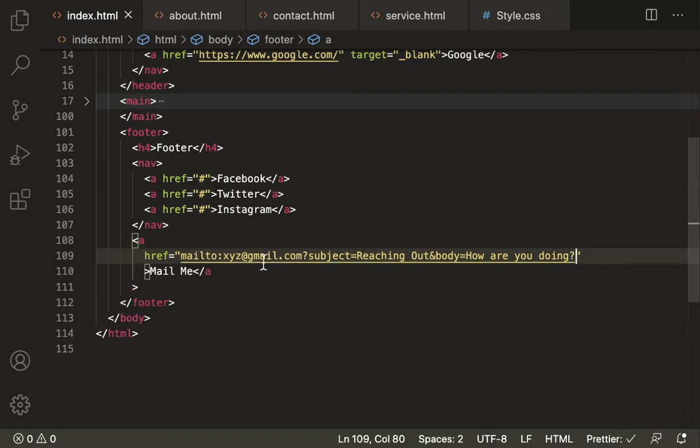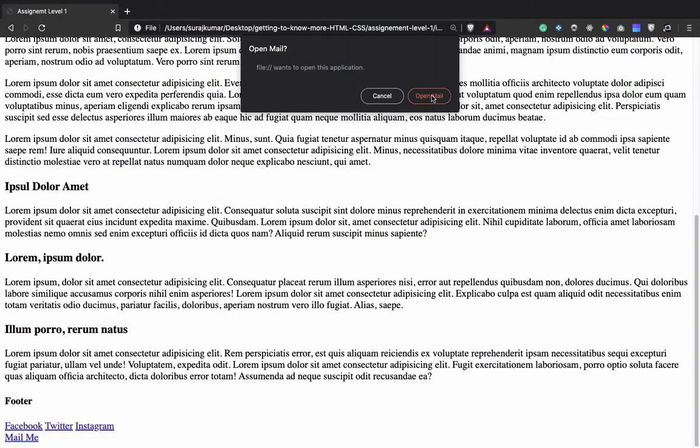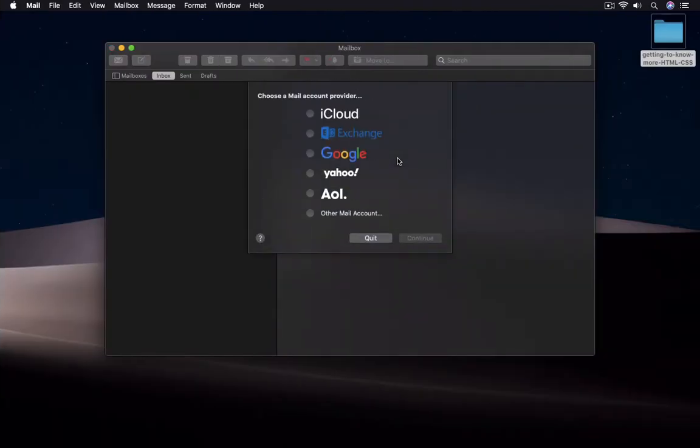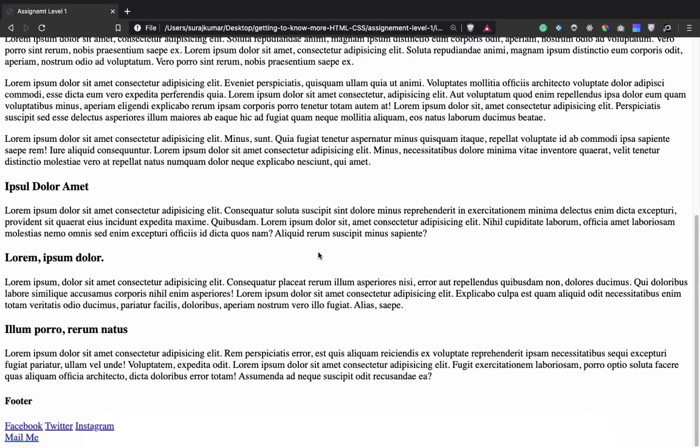So save it and then go to our page, give it a refresh, mail me. So if I say open mail, let's see what do we have. Alright, I will have to set up each and everything for now, so I'm just quitting here. Alright, so we are fine for now.